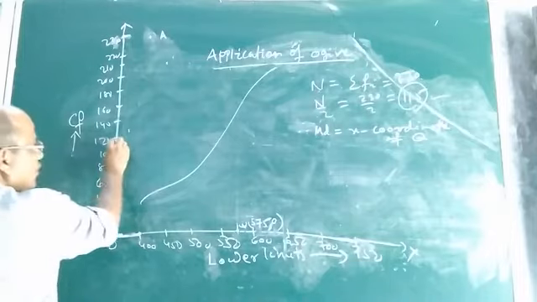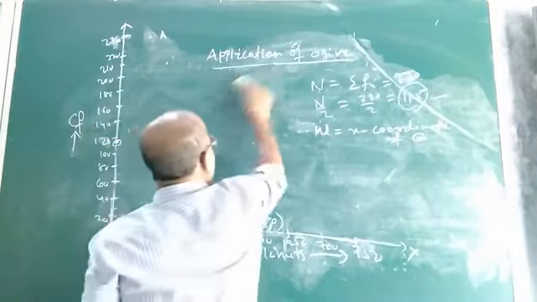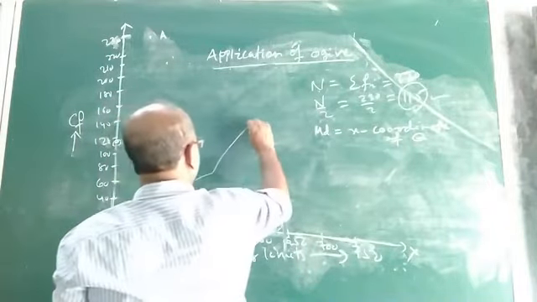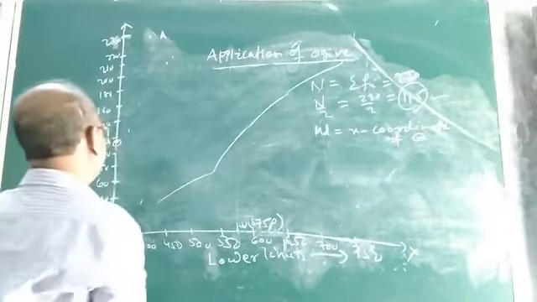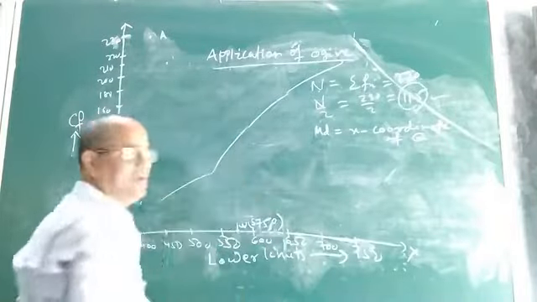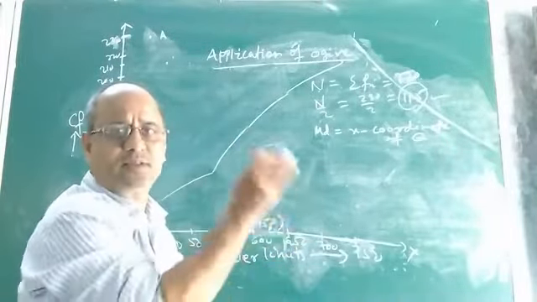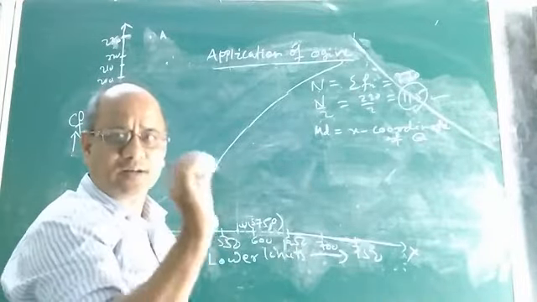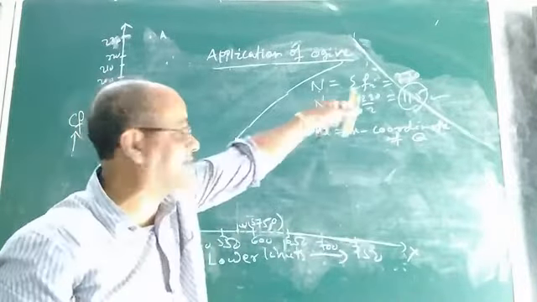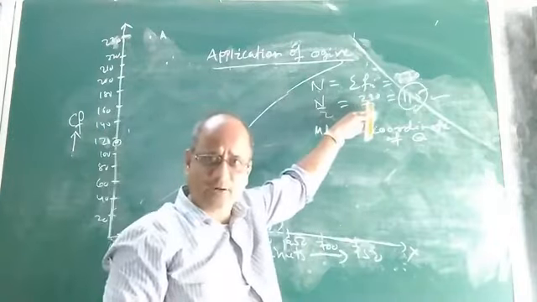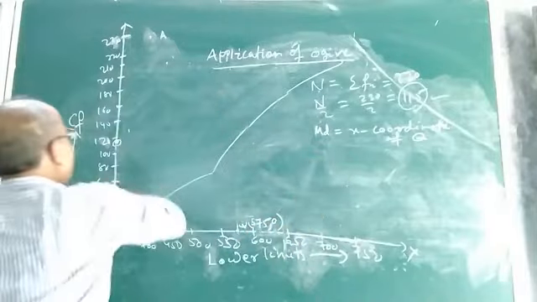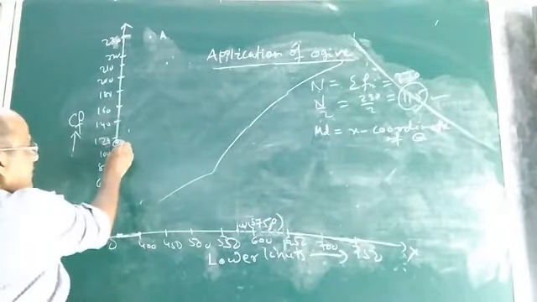Now, from this point you draw a line parallel. See, I am drawing once again. Suppose this is the cumulative frequency curve, less than type ogive of a given continuous frequency distribution. After drawing the less than type ogive, I said you find the value of n, then find n by 2. Whatever is the value of n by 2, suppose it is 115, then you locate 115 along the y axis.